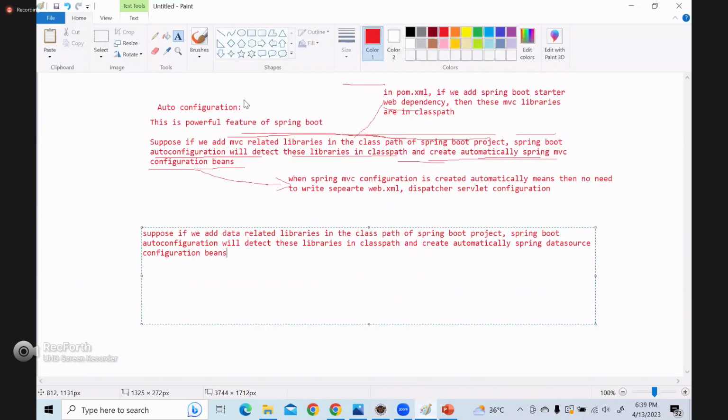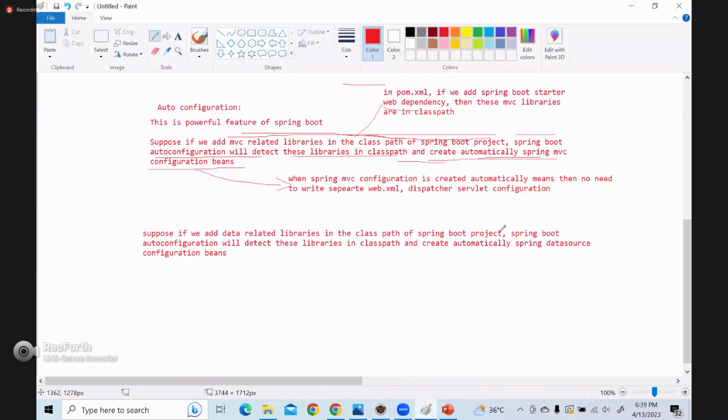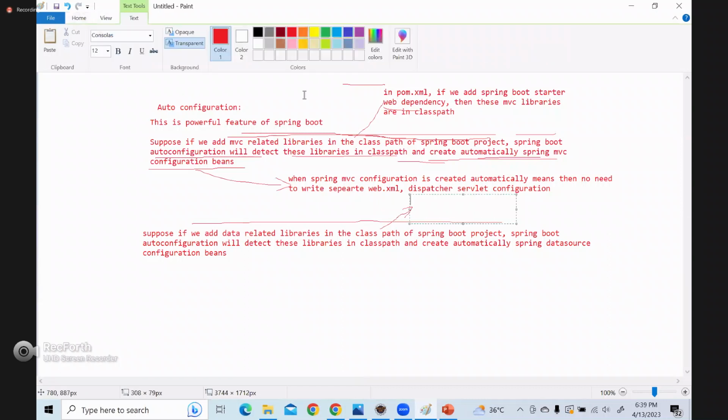Right, so we don't need to define. Suppose you add data related libraries in the class path, Spring Boot automatically detects these libraries in the class path and automatically creates the Spring data source configuration beans. Okay, automatically this will be created. So if you add data related libraries in the class path of a Spring Boot project, that means in pom.xml we should add